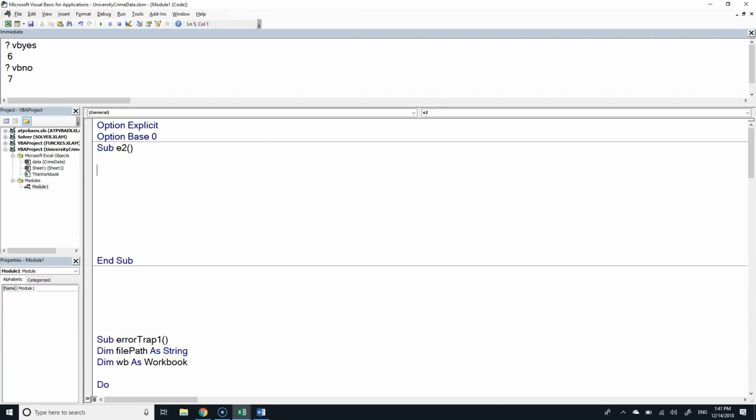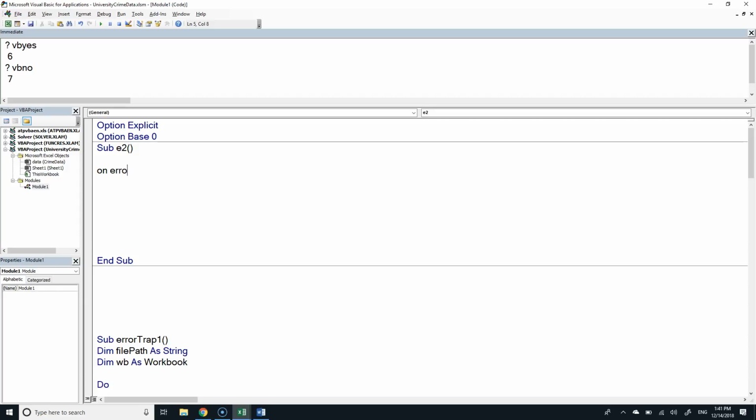Okay, so this is another common way to do an error trap. The error trap that we've seen so far is the preferred one, where you say, I'm looking at this part here and I'm saying, that could cause an error. I'm going to write code right around that to protect that from the error. Another way is to say, I don't know where the error is going to be.